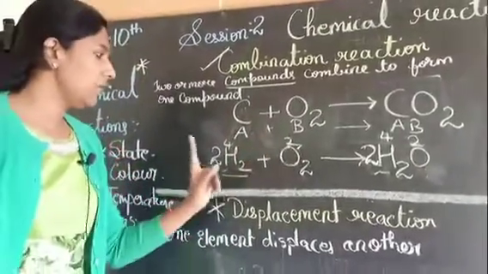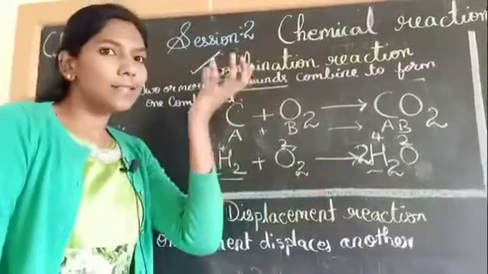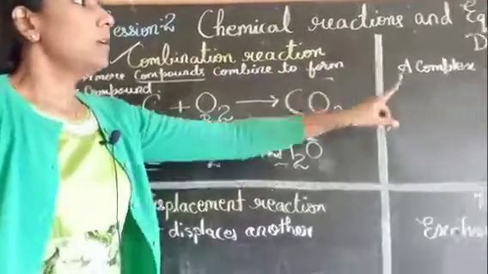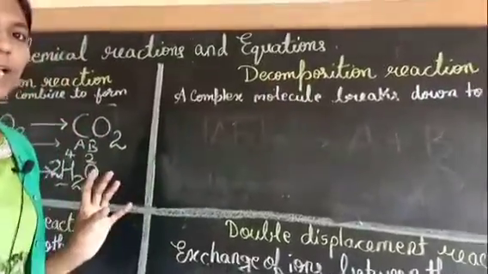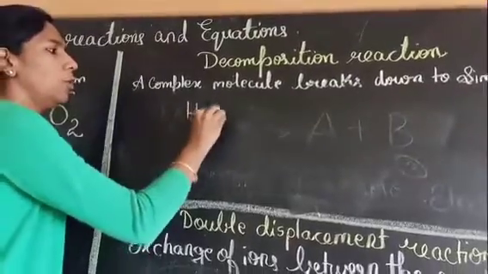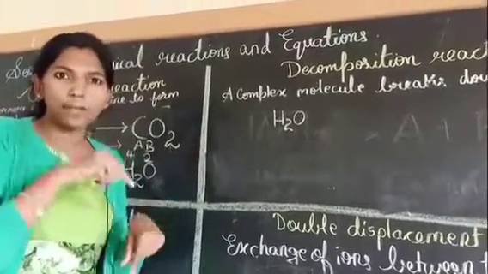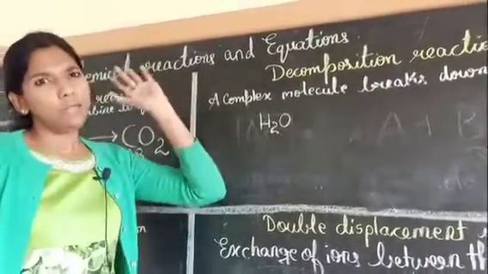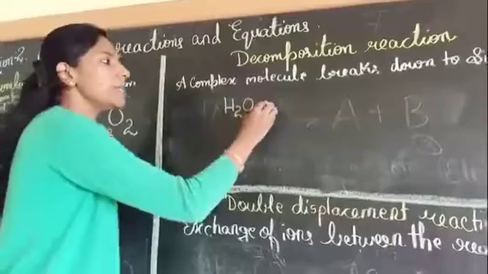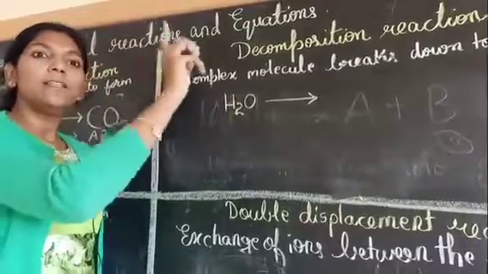So in any reaction, you will find A plus another element or compound, and a new single product is formed. This type of reaction will be a combination reaction. Then let's proceed to the decomposition reaction. The simplest one, again, is water. I'm going to take a beaker and pour water into it. Cathode and anode, as we have studied in the electrolysis of water, we had a good experiment in our lower classes. This decomposes. Yes, when you pass electricity into water, you are going to find bubbles at the cathode and the anode.